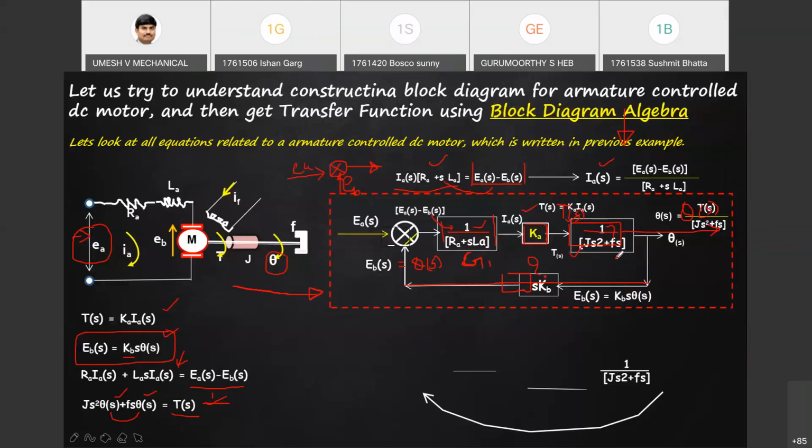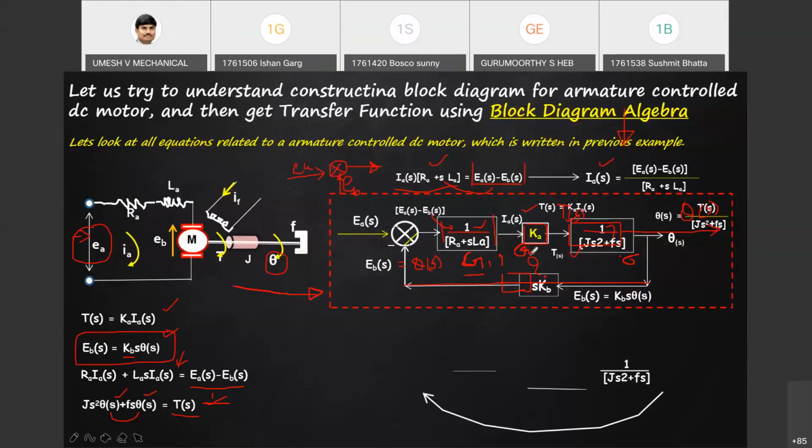So we are not interested in that because the learning outcome of this particular chapter is to reduce this block diagram. There are so many blocks. We have to combine all these blocks and finally put it in canonical form. That exercise only we are worried about. We are not going to worry about why this G1 is written. Next may be written as G2. What is the value of G2?